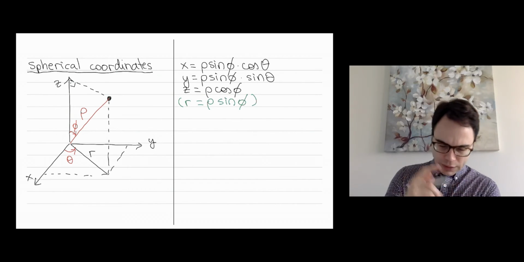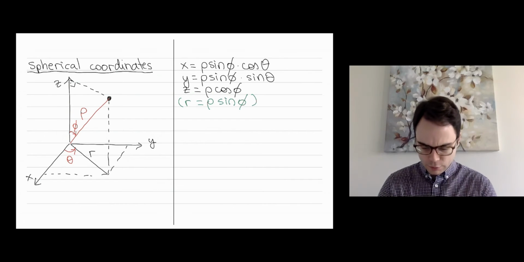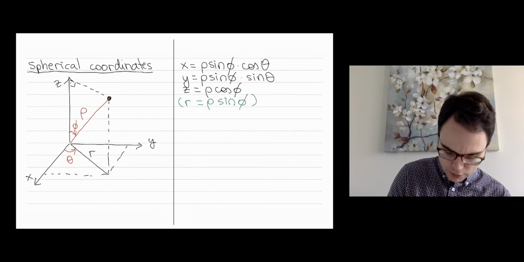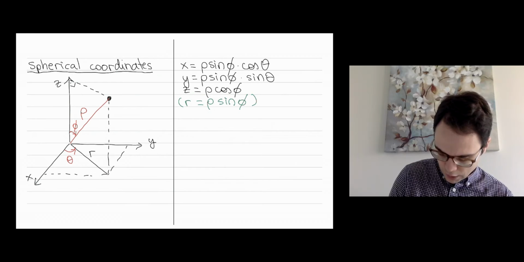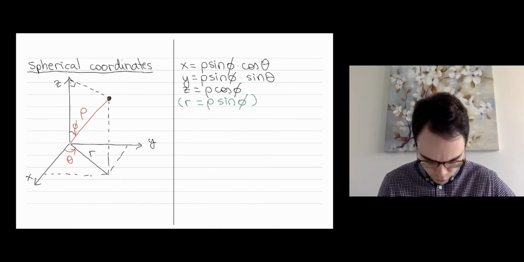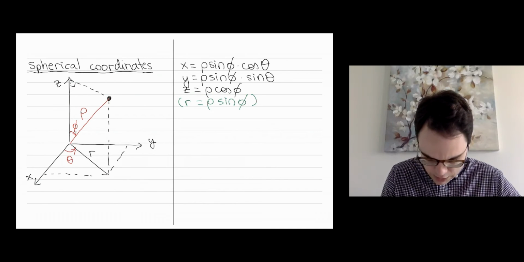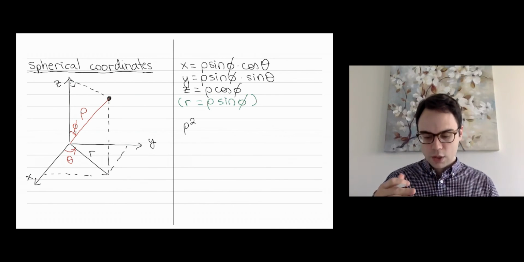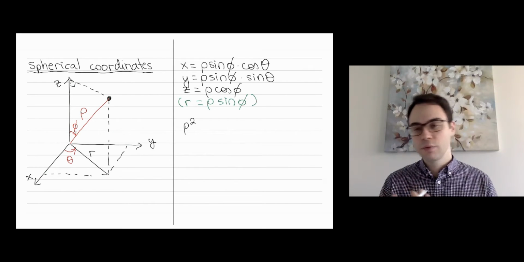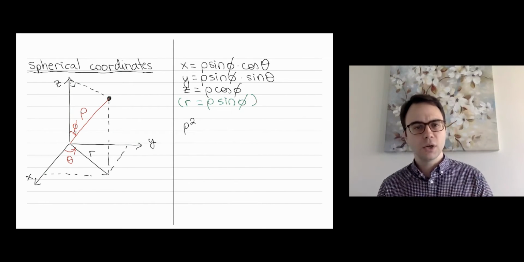Okay, so we can also go back. So for example, rho squared is equal to... I won't go through the other ones because it's going to take a little bit of work. But let me just say, for example, that if I know rho, phi, and theta, I can definitely get x, y, and z. And with some work, if I know x, y, and z, I can also get rho, phi,